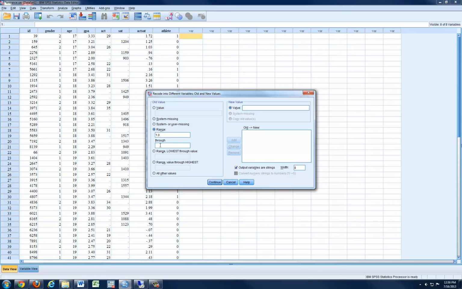Click Add. And finally we're going to tell SPSS that anything from 3.51 through 4.0 will be given a value of an A. Now notice you can adjust these numbers however you want. It's very flexible. Go ahead and click Add finally, and you have all the options available. Click Continue,